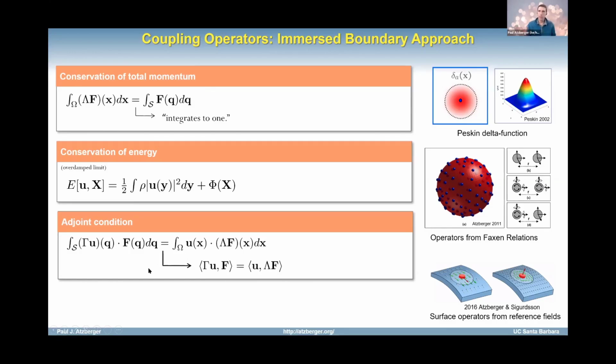And I presume that you've seen this a few times in the inverse boundary course. So this is the notation that I'm going to use to express those adjoint conditions. So basically integrating over the microstructure material points, the velocity averaging has got to be equal to this inner product, which involves integrating over the fluid body.